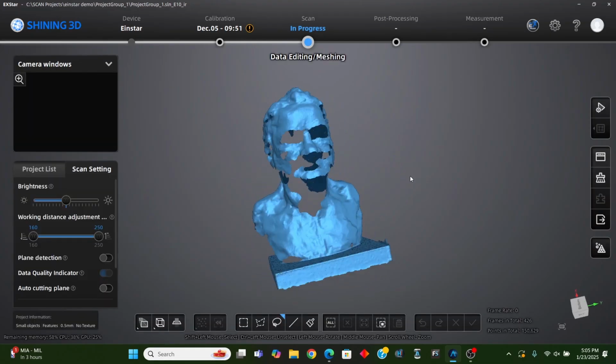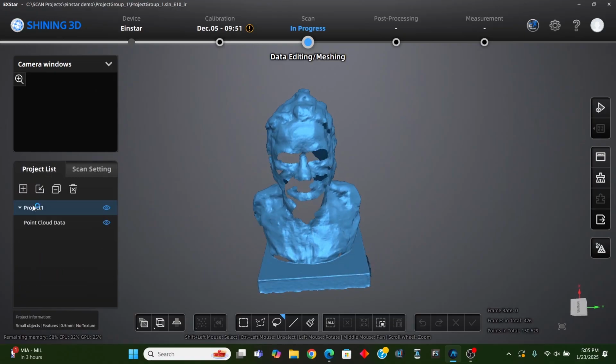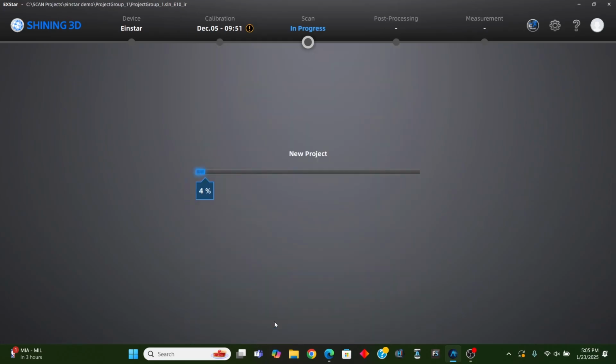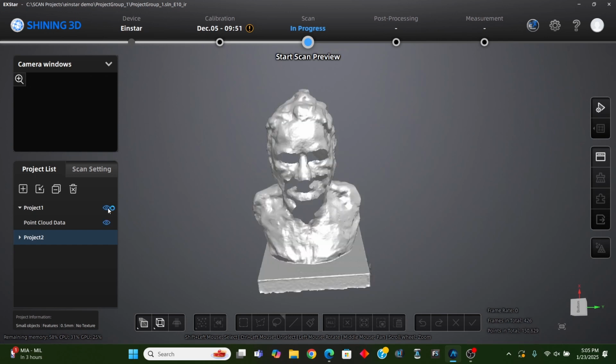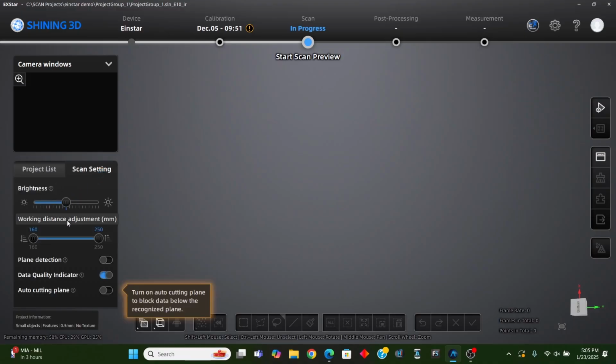Okay, so as you can see, we've got a lot of holes and everything. But if we go over into our project list, you'll see that I've got this project here. And then if I click the plus sign, it's going to come up with the same parameters as I had for the first scan. I'll just click confirm. So now it's starting a new project. If I hit the visible on the other one, it'll come in. But I'm on project 2, so I'll go over to scan settings and go ahead and start my scan